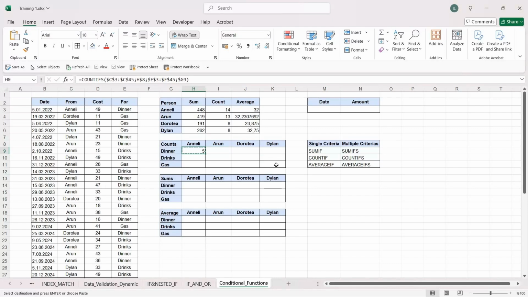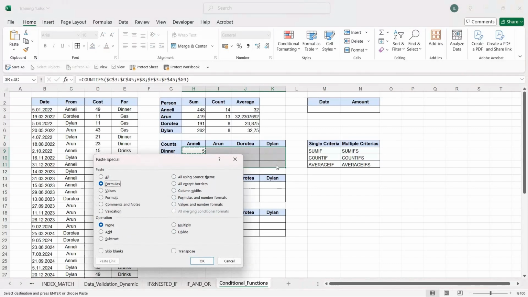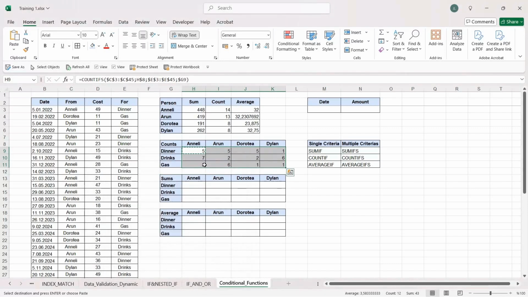Once you copy and paste the formula for all the empty cells, you will be able to find each cost item for each person. Let's carry on with the SUMIFS formula. Just like COUNTIFS, the SUMIFS sums the sum range depending on the conditions we determine. Just like COUNTIFS, we can write